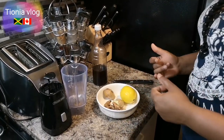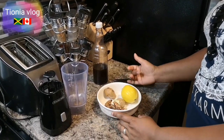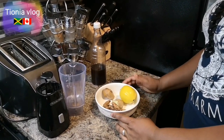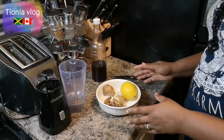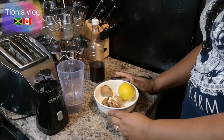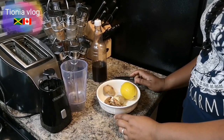All right, I'm not a doctor, guys. This is my home remedy that I use for me and my family. So if you want to try it, you can go ahead, or if you know somebody, you can tell them about it. But if you have any other sickness or you have symptoms, consult your doctor first. All right,